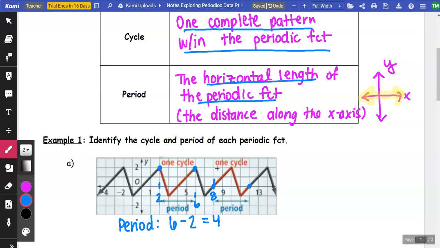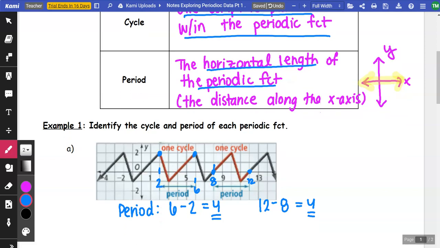my x value is 5, 6, 7, 8. And my x value here is 12. So I'm going to take the distance, so 12 minus 8. The distance between those 2 points is 4. And notice that our period matches, which makes sense because we have shown already that this is in fact a periodic function. So the period